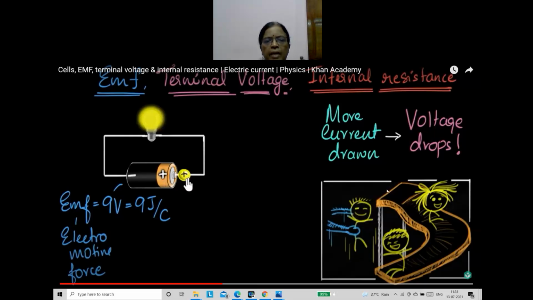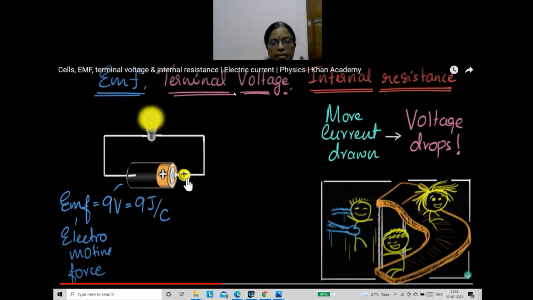Potential energy is increased when he lifts this boy and keeps him here. His potential energy is increased, and that is converted into kinetic energy. Understand? Just like that, here the battery is doing that work, pulling the charge to this other end, and then it moves along this. That pulling work is done by the battery, moving the charge, and this is an example for that. Okay. So when the bulb is connected, that voltage is known as terminal voltage.